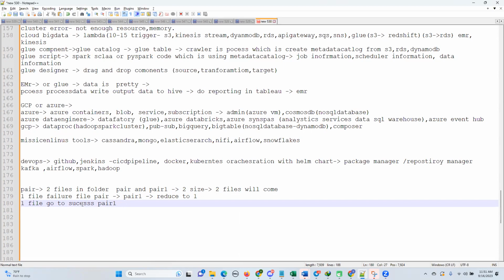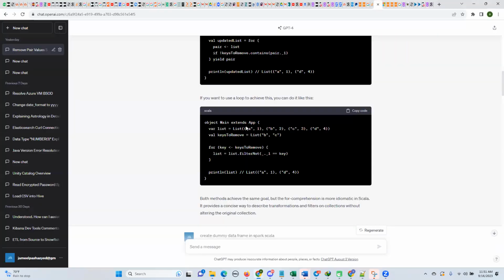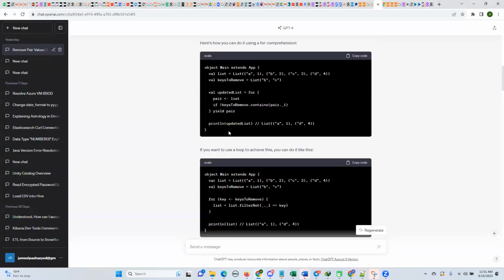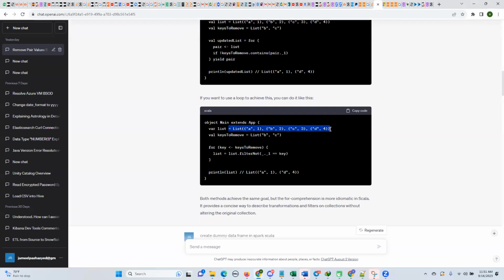If I don't do this, success will again iterate for two only, but I don't want the two. So I have found this logic here. Suppose I have an initial list, and I want to remove a particular B and C key. Like I say B and C, these two entries I want to remove. I want to keep one. Suppose this is an example of your four files pairing: A file, B file, C file, D file, and you came to know B and C file,